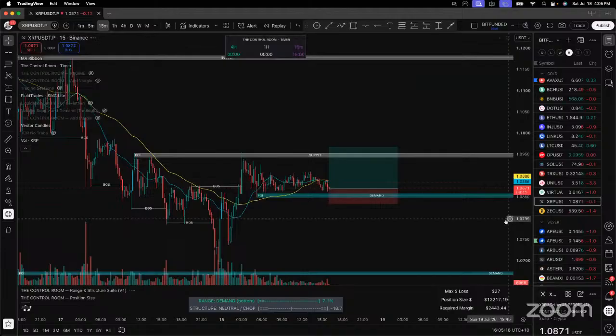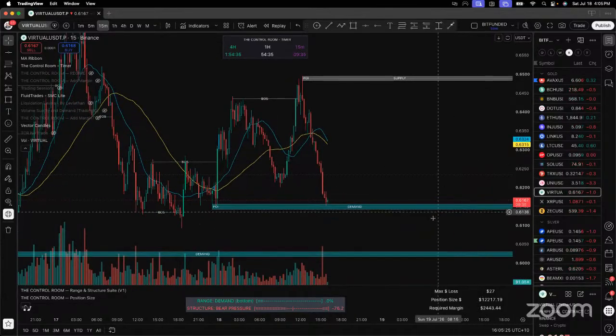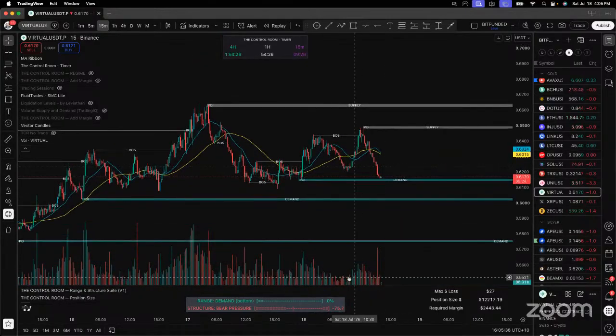XRP, still hanging around demand. Nothing to report there. Virtual, yeah, we want to see virtual wick through and get that. That could be a really good look at the transition. Could be a really good trade.